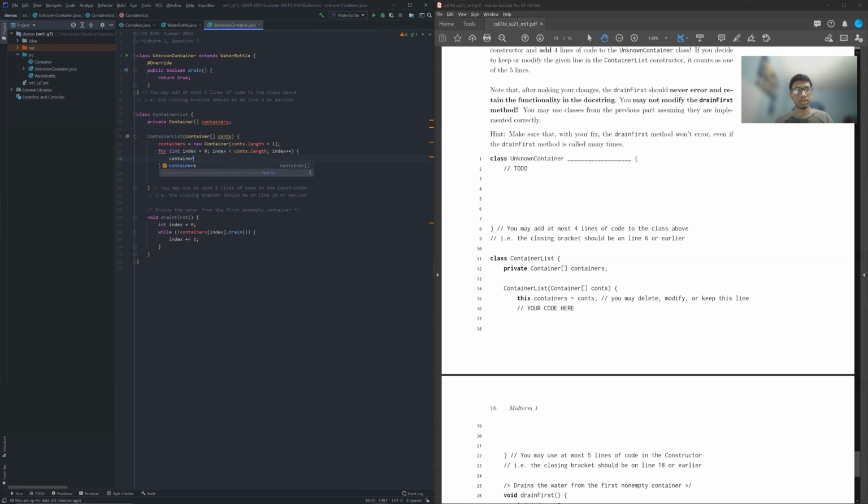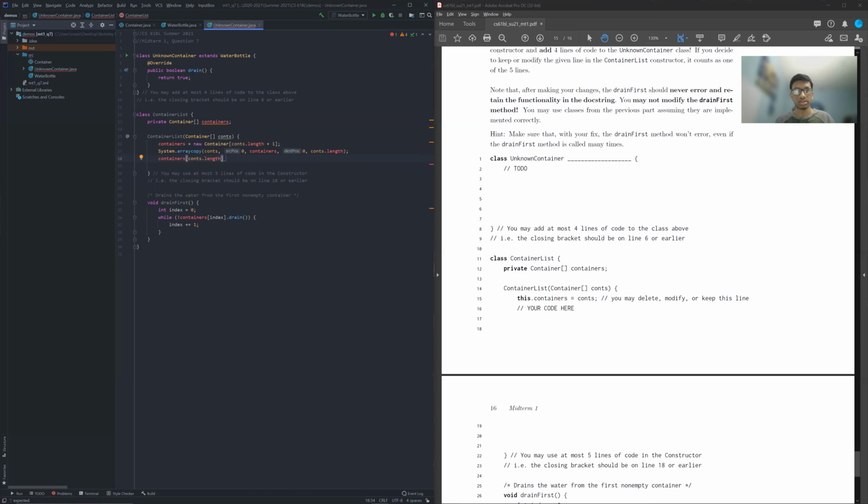So I'll just do containers of index is going to equal const of index. Yep, IntelliJ actually notices that it's a manual array copy and wants me to change it to System.arraycopy. So I guess I can just go ahead and do that. That's the other way of doing it. And then finally, the one last thing I need to do is I need to go into containers and modify that very last item, right? Because what we've done is we've copied everything over from const into containers, but then there's that one last index that we need to do on const.length.